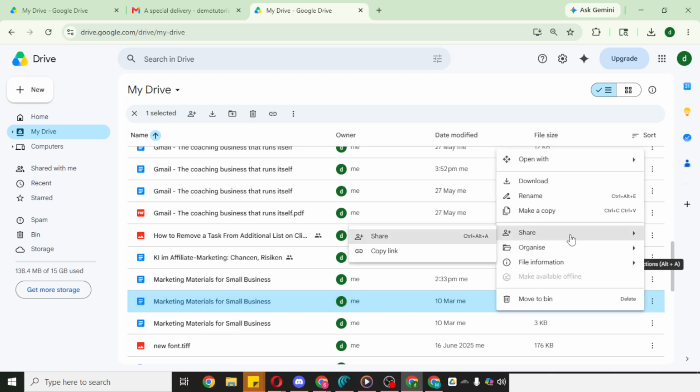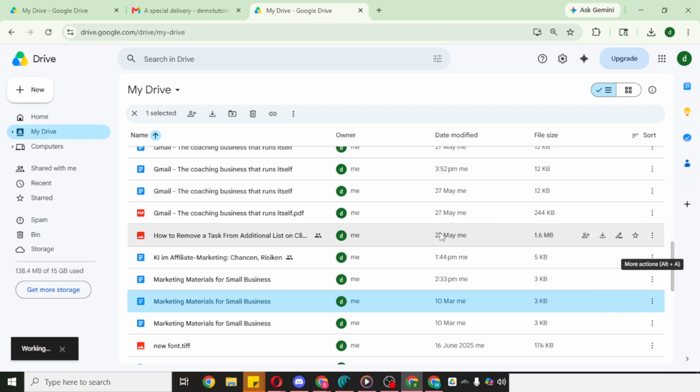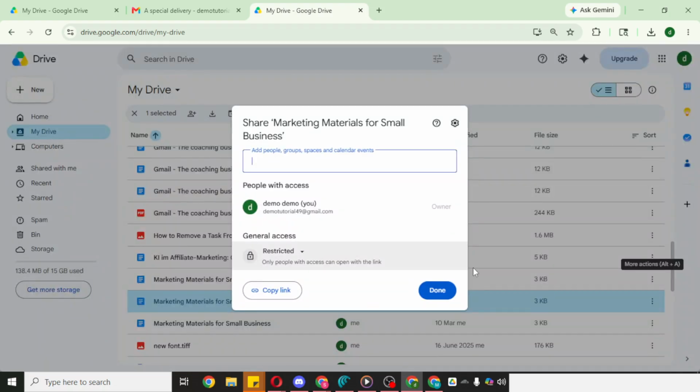Hover over the file and click the three dots to open the More Actions menu. From there, select Share. In the sharing window, look for the General Access section. Change it from Restricted to Anyone with the link. Set the permission to Viewer, so people can access the file without editing your original. They only need to view it to make a copy. This setting ensures that anyone who has the link can open it, which is required for the automatic copy prompt to work. Now, click Copy Link.